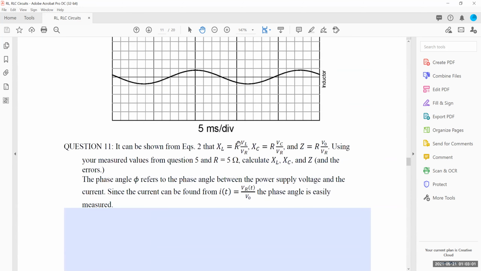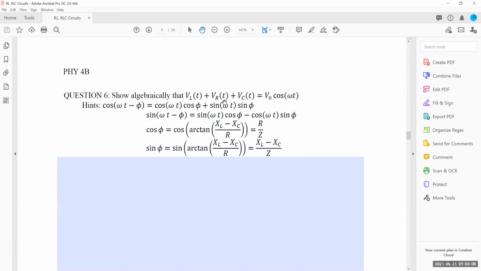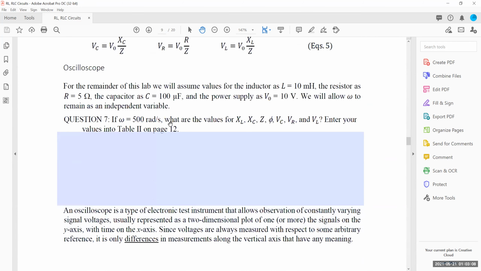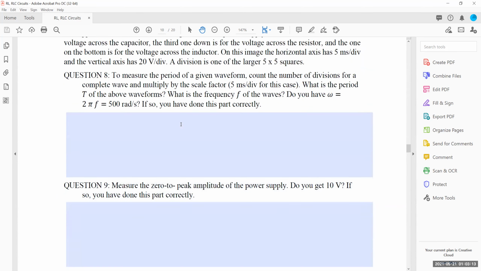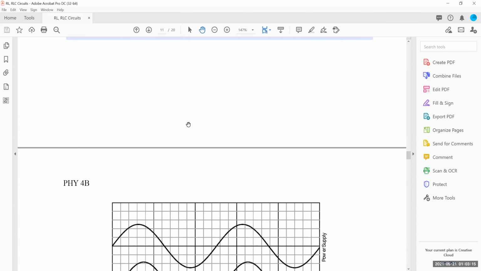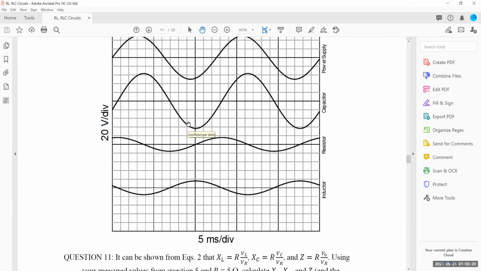Now, we go back to page 9 where we were. Okay. So we did question 7, which we're going to need. And then you're given this chart now. This is what the oscilloscope gave you. So you need to print this picture and use a ruler to do the following measurements, which are critical in here. 5 divisions in here, which is from this dark line to this dark line,